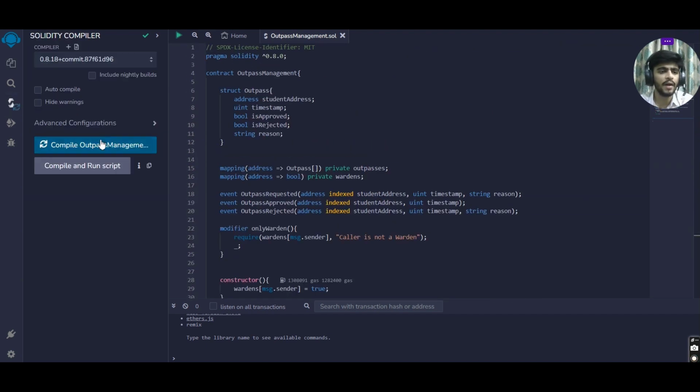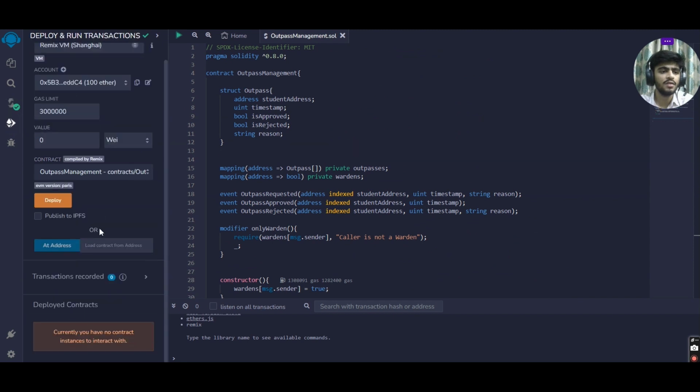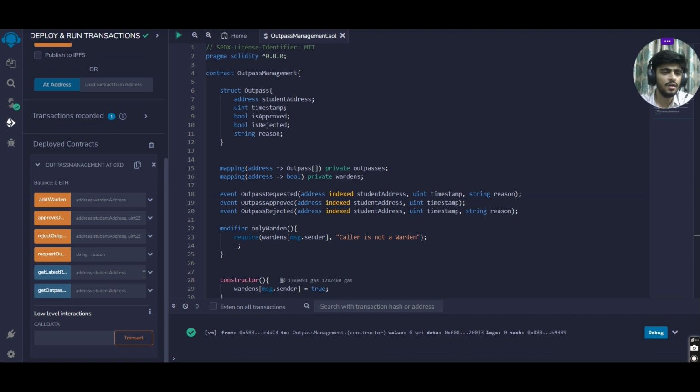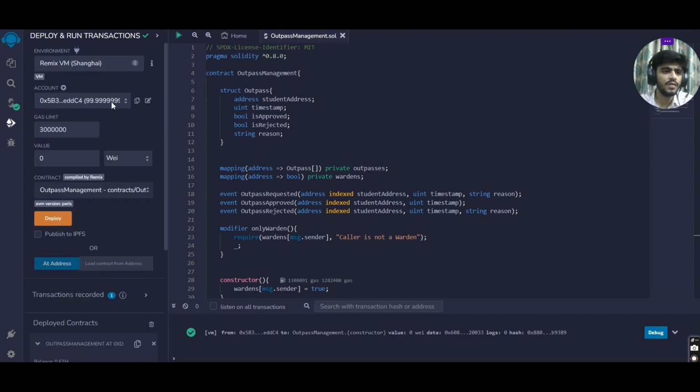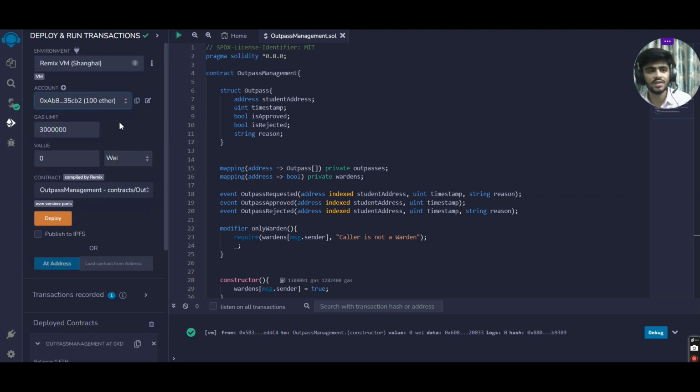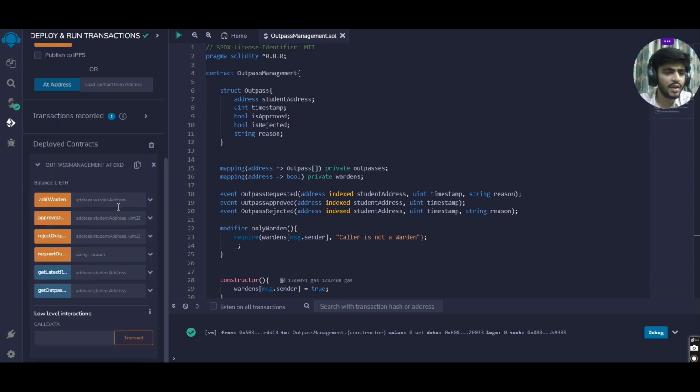So let's just compile it. Okay, so yes, it gets successfully compiled and deployed. The first address is the first warden. Say this is the second person, the person who wants to create a request. Okay, so what he will do,